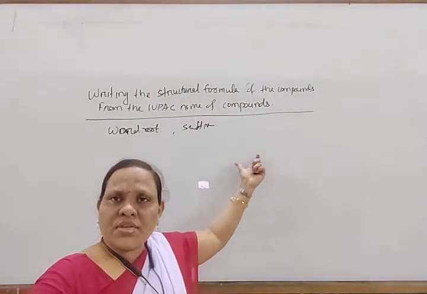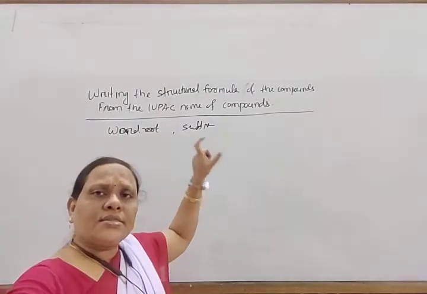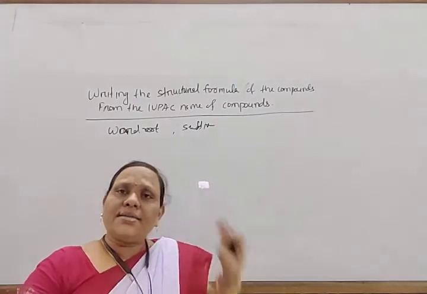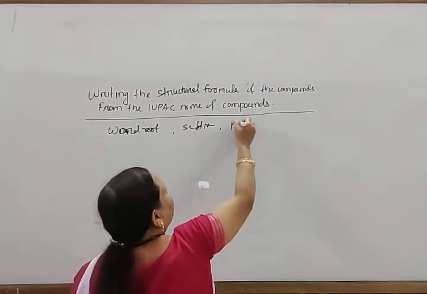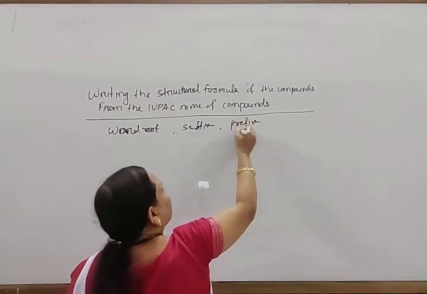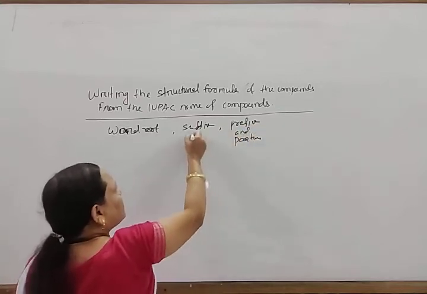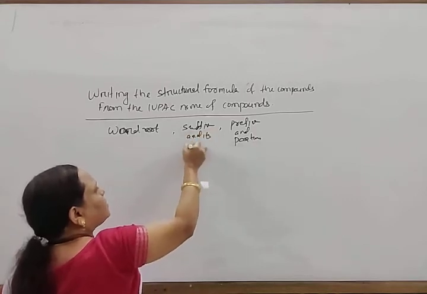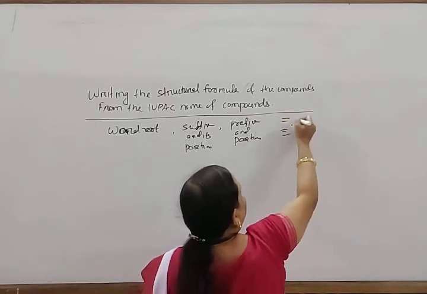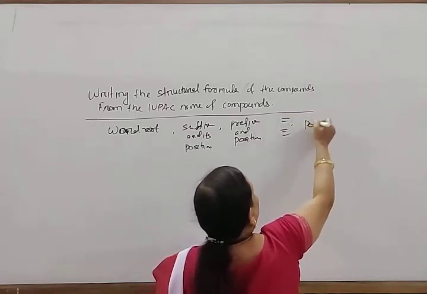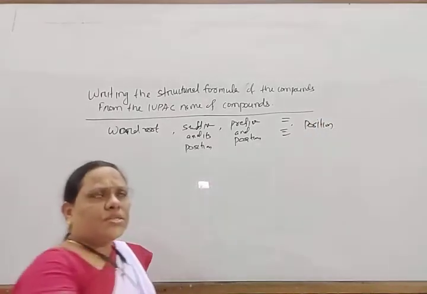If the suffix and position are given, then at that position, count the carbon atom, and at the position of the suffix given, write down what is the functional group present. Then also you identify what is the prefix and position. Find out the prefix and its position, suffix and its position. Then if double bond and triple bond are present, find out their position. So put it accordingly.